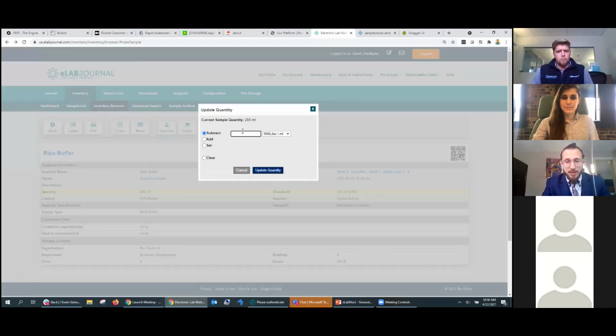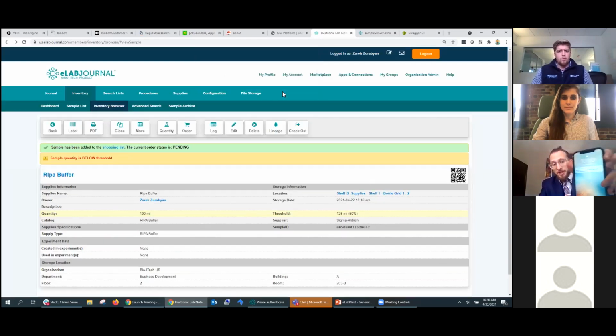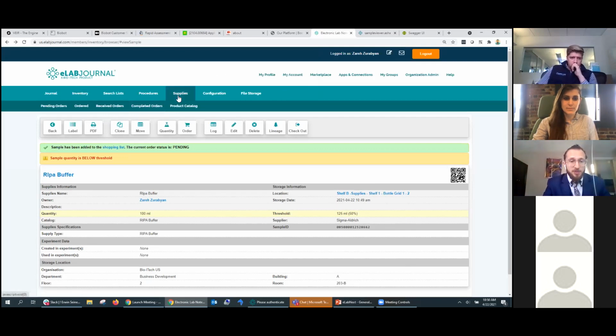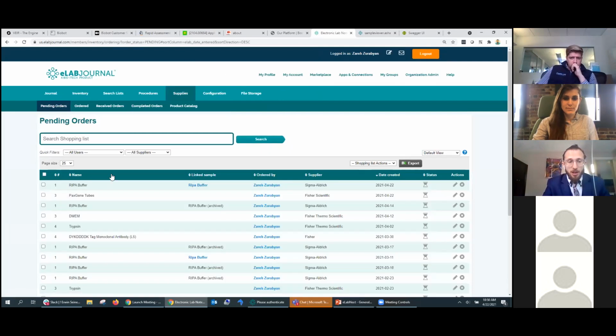Now somebody else goes in and takes out 100 mils. When they do this, you see I get a notification on my phone that somebody has used this, and now it's below the threshold, and it's been added to the shopping list. So now if I go to my pending orders, I'll be able to see it right here. You get a notification at the bottom,